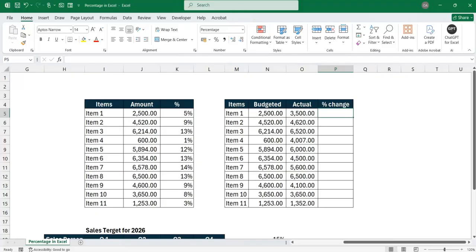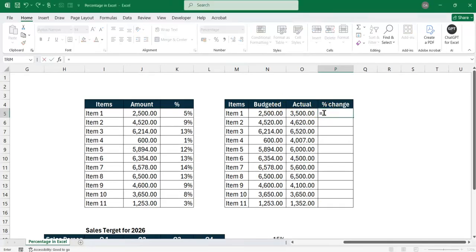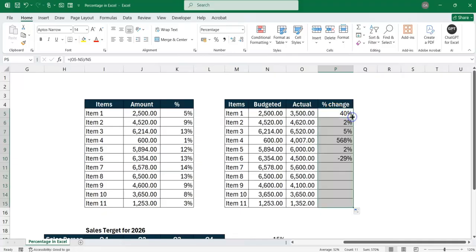In this case, our new is our actual values, our old is our budgeted values, and then we divide it with our budgeted value. So how do we put that? We say equals to, this is new, minus, it's going to be minus budgeted, that is the old, divided by the old, and then we'll put this in parentheses. We have to put this in parentheses according to the rule of math. I'll put this in parentheses and then we'll press enter, and then we see we can actually drag this